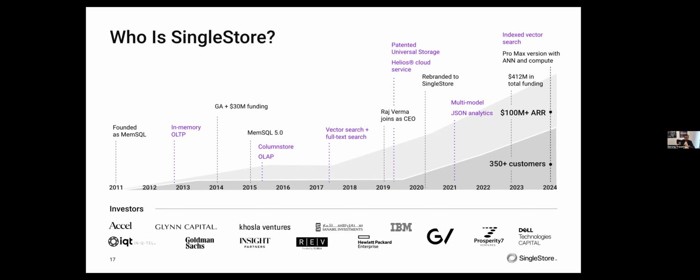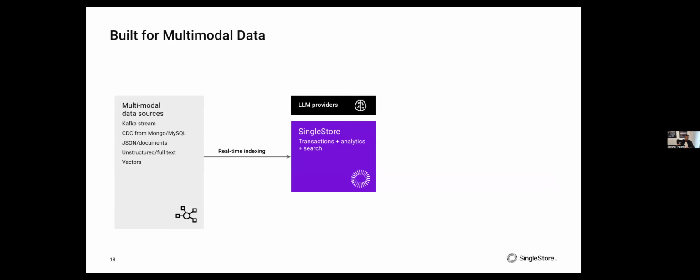And we've crossed $100 million in revenue and more than 350 customers. Now, we talked about multi-model being one of the core three needs for the data platform.